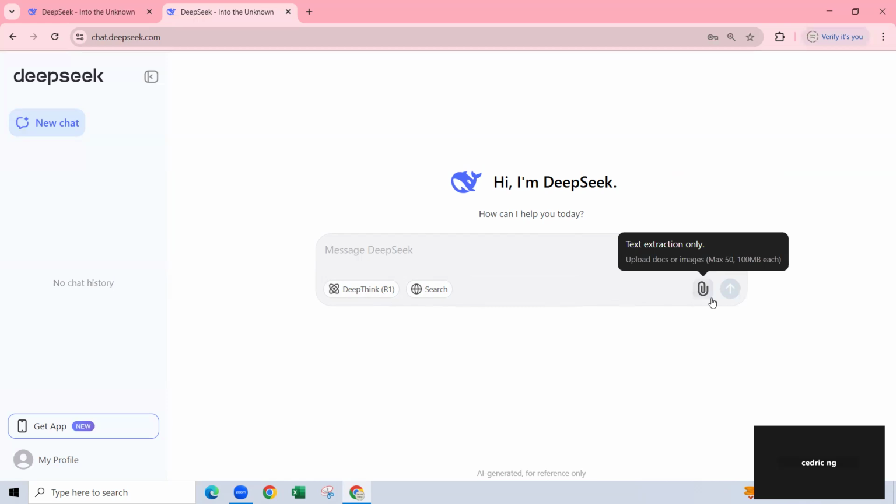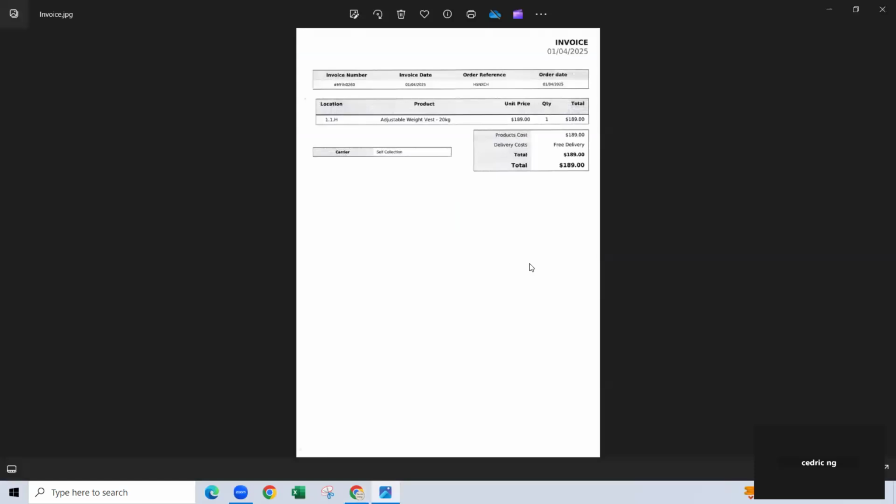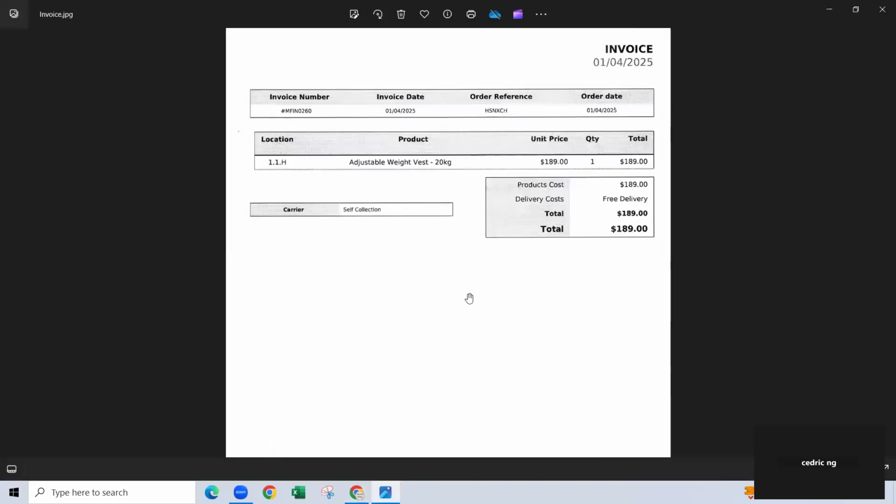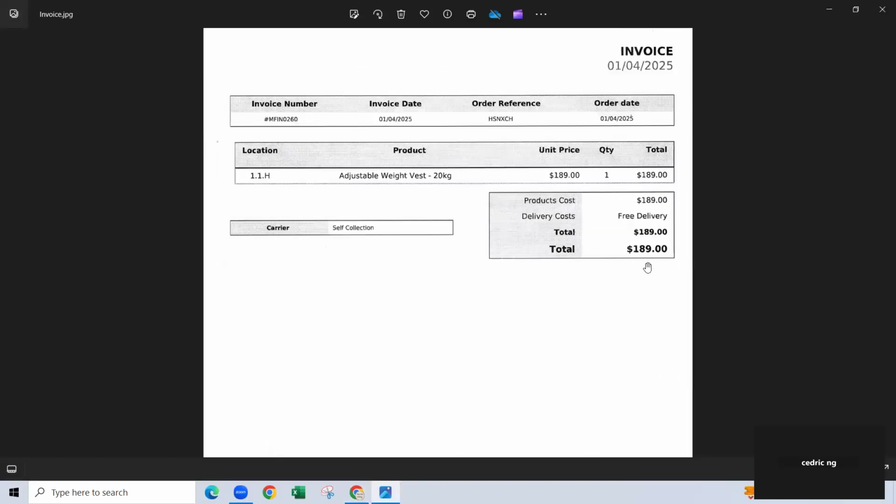So DeepSeek allows you to attach files like PDF, Word, and Excel. For example, I have on my desktop here an invoice, and the amount for this invoice is $180. I can upload this invoice into DeepSeek and ask questions about this invoice, like what is the amount for this invoice? So now let's get back to DeepSeek and